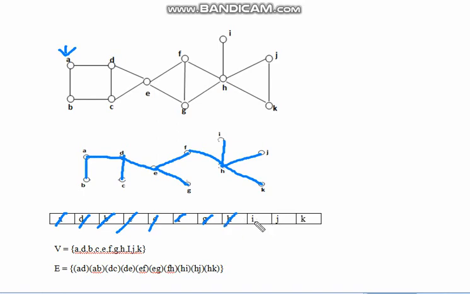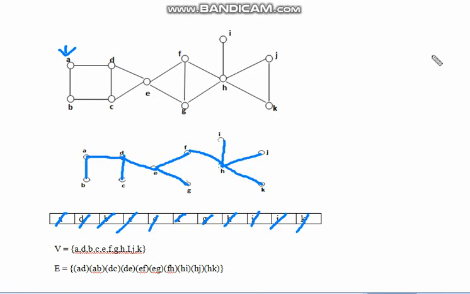Then from I there are no edges and vertices. Then from J to K there is an edge, but it forms a cycle, so discard it. Then from K also, K to J is there, but it forms a cycle, then the queue is empty,